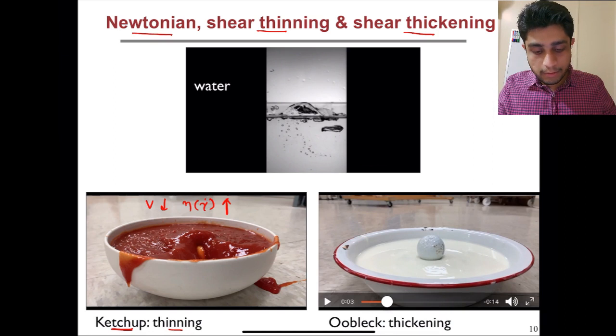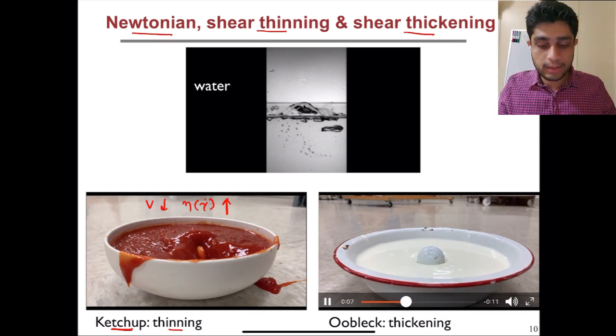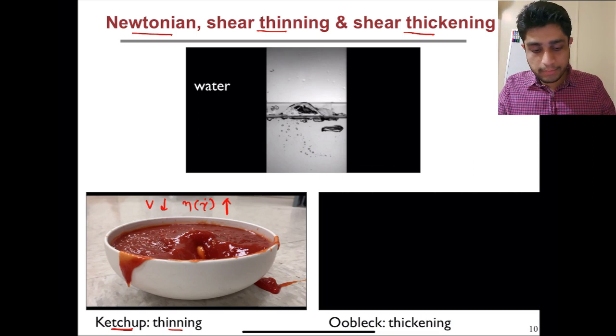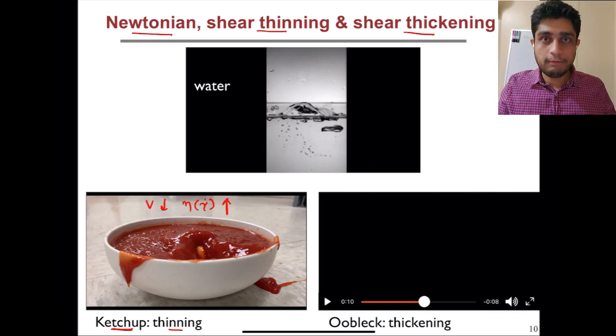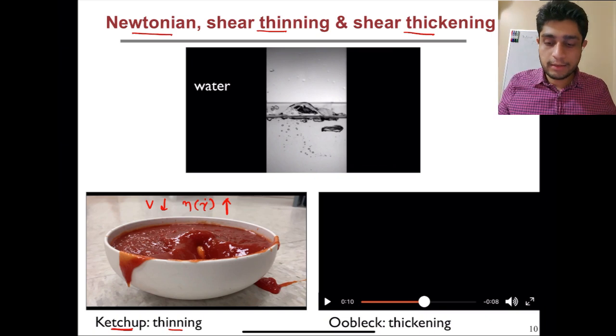But once it stops moving, then it starts to sink, because when the ball stops, the deformation rate is very small, and for shear thickening fluids, if the deformation rate is very small, its viscosity is very small and it behaves like a liquid. So these 3 videos nicely show different Newtonian, shear thinning and shear thickening behavior.